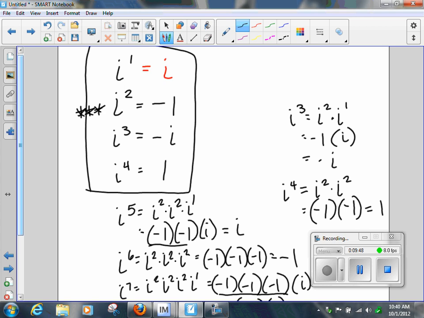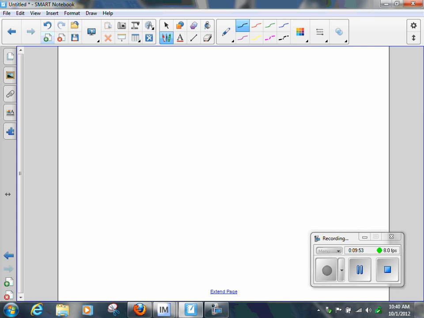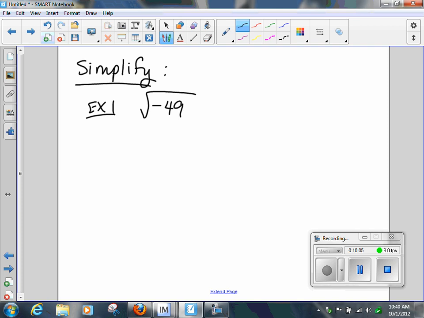Now, we talked about this, or I talked about it. You listened on Friday to the video. If I wanted you to simplify, I'll change this up just a bit, if I wanted you to find the square root of negative 49, you ought to now be able to immediately give me an answer. 7i. Does everybody agree with that? How do we know it's 7i? We know it's 7i because if I were to break that down, which I'm not,